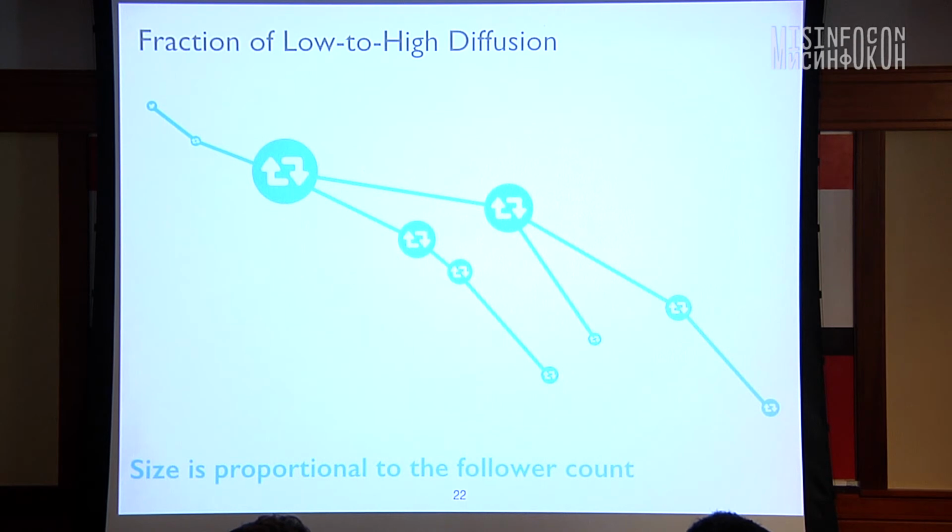It turns out that if you count the number of links that go from a small node to a big node over time, and you divide it over all diffusion events, that ratio, a very simple ratio, is very predictive of whether news is true or false. So it turns out that true news usually travels upwards in influence. So it starts with less influential people and becomes more and more influential. Whereas false news actually has the other characteristic.